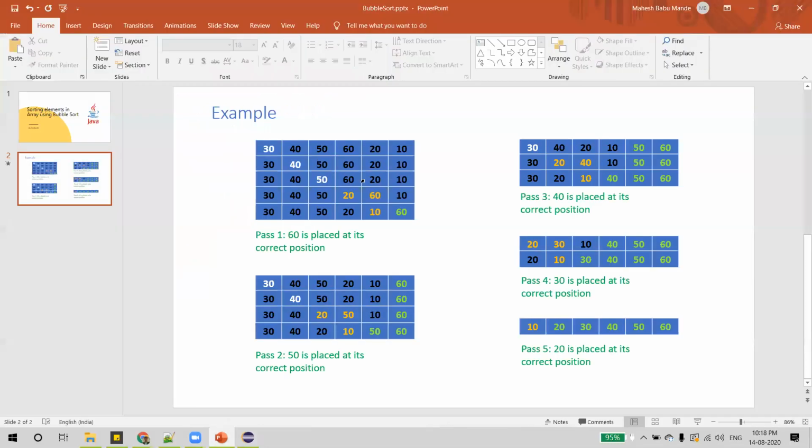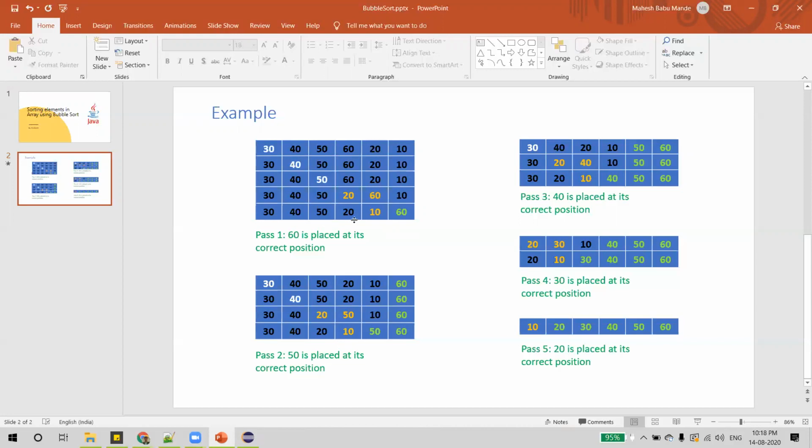Now, if you observe here, in each pass we are leaving one element which is already sorted. For example, here we had 5 iterations, and here we are having only 4 iterations in this pass, as we are not picking up the elements which are already sorted. For the first time we had only 5 comparisons. In the second pass we had only 4. We didn't pick up the 5th element as it was already placed in the correct position.